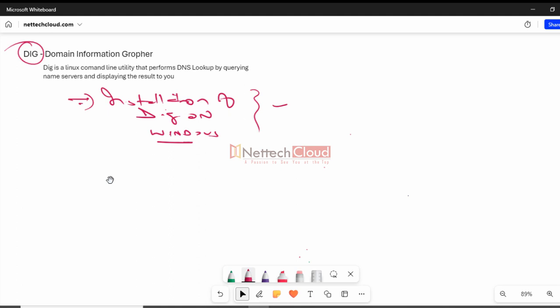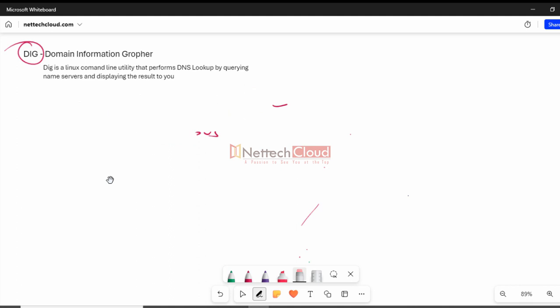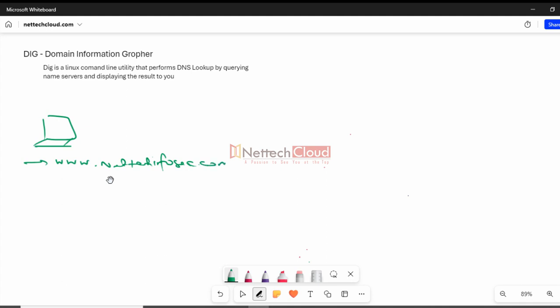For example, let me quickly give a high-level overview of name to IP translation. So for example, here is my client machine, and if I open a browser and type www.nettechinfosec.com, nettechinfosec.com is the domain name, right? Let us assume there is no IP address found in the local DNS cache table, as it's the very first time I'm going to access